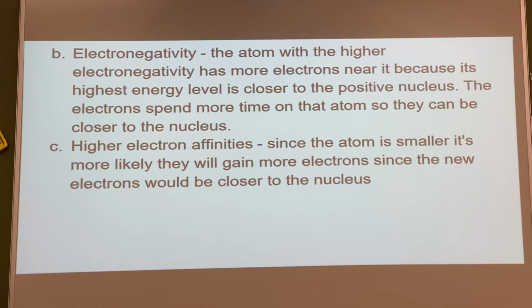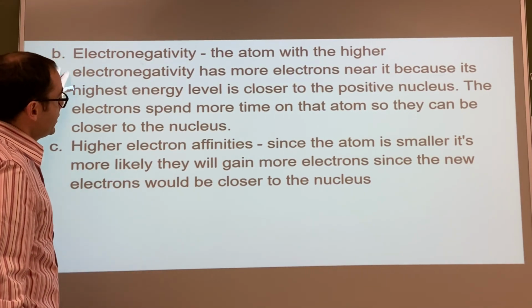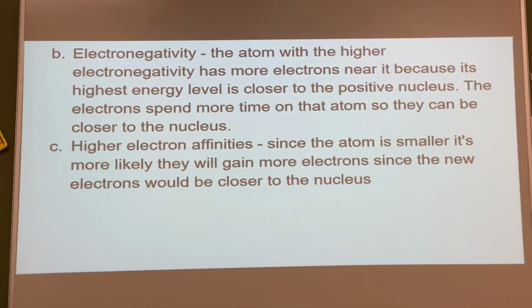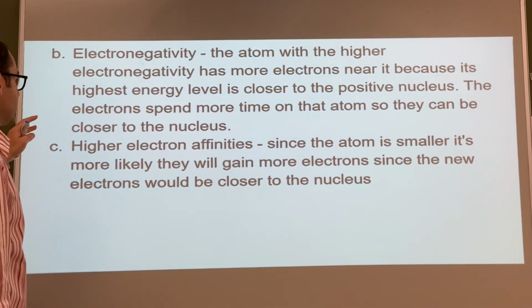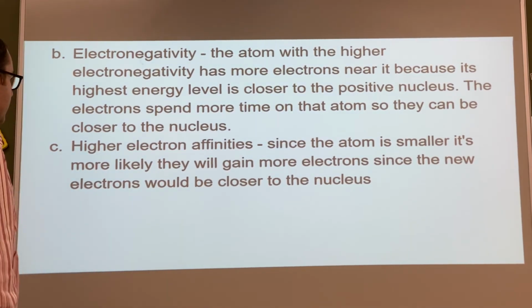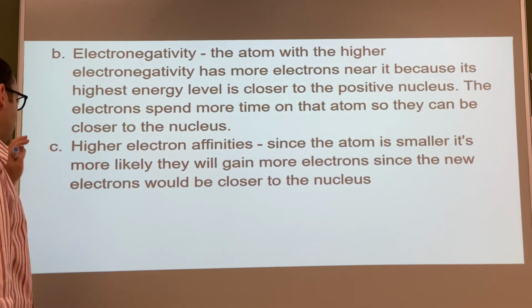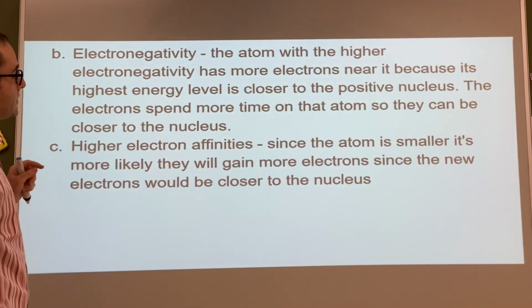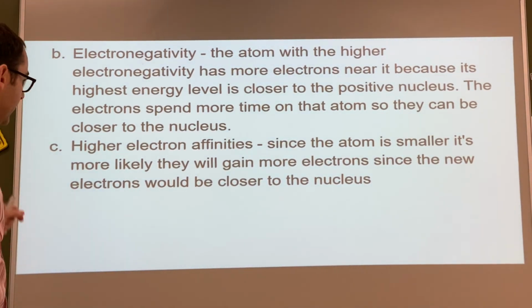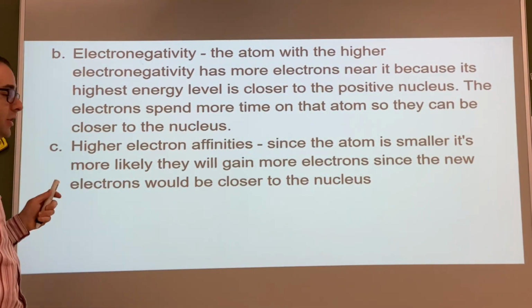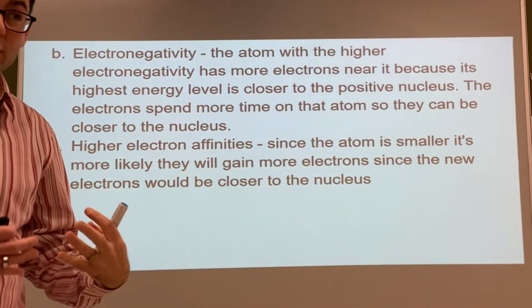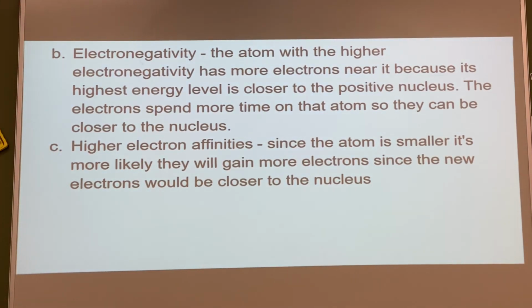All right. Okay, so electronegativity. The atom with the higher electronegativity has more electrons near it because its highest energy level is closer to the positive nucleus. The electrons spend more time on that atom, so they can be closer to the nucleus. Higher electron affinities, since the atom is smaller, it's more likely it will gain more electrons, since the new electrons would be closer to its nucleus. All right, and this is kind of why it